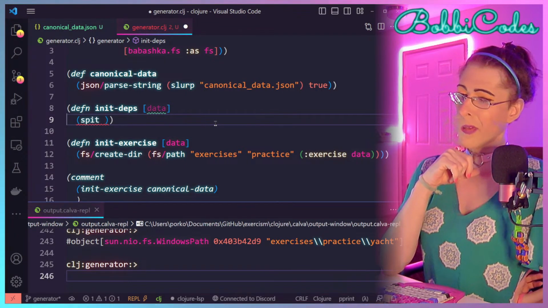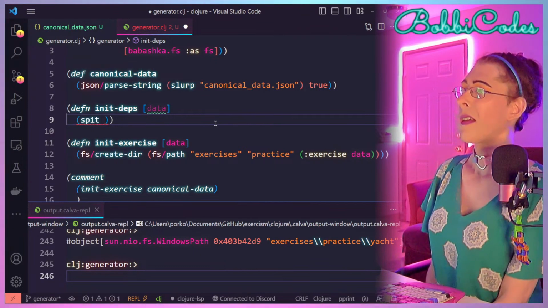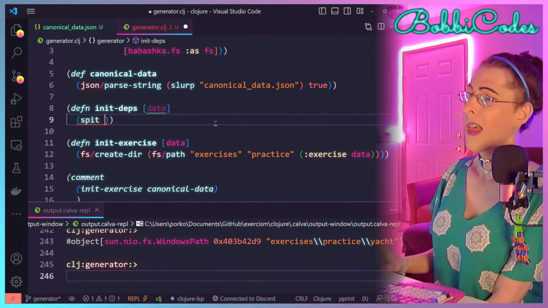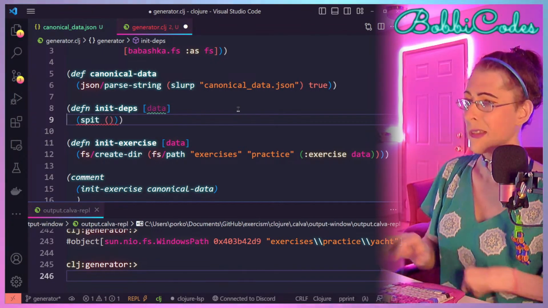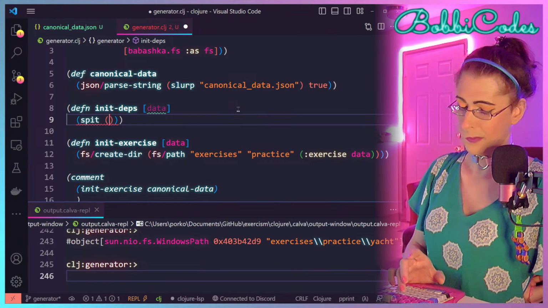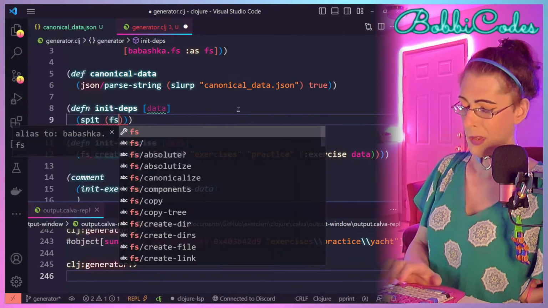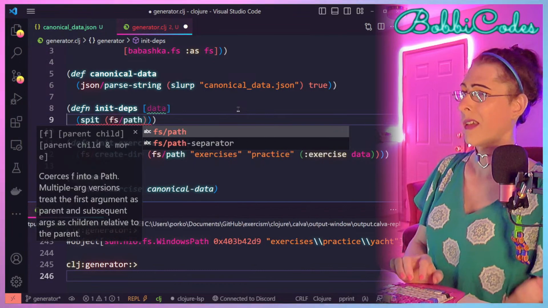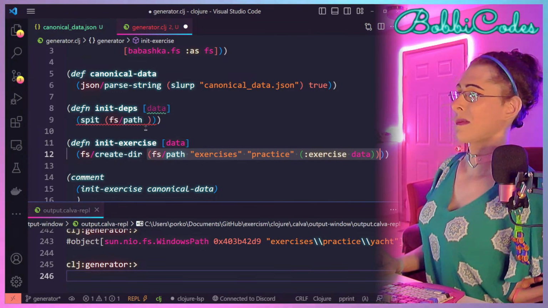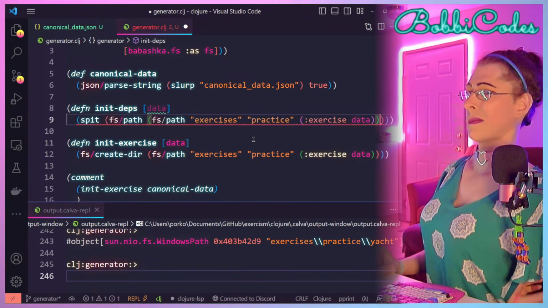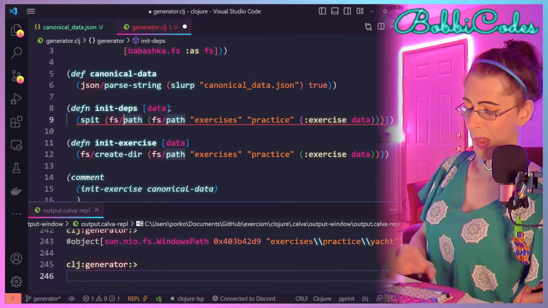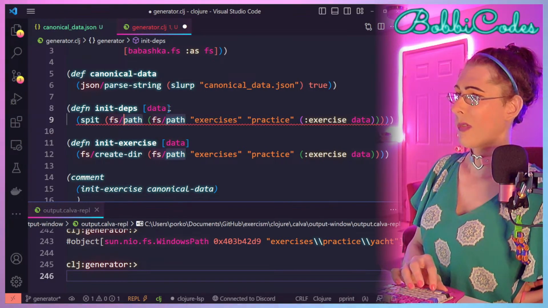We might not want to use spit, because it's going to have to take a path. But actually, that's okay. What I can do is take fs path, this thing, and actually it will be file, I think.